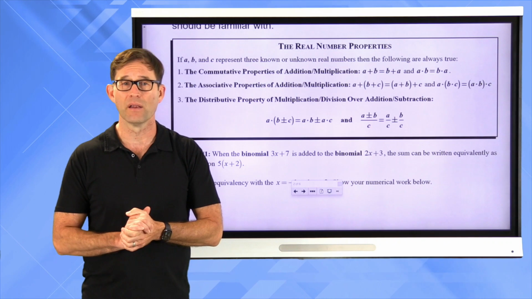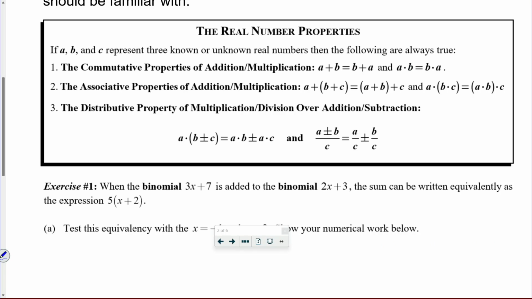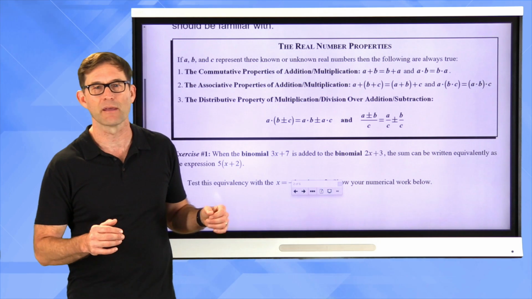Now let's talk about number 2, the associative property of addition and multiplication. Now these two have to do with what happens when you add 3 numbers together or multiply 3 numbers together. And people a lot of times think, oh, this is the one that has to do with parentheses. Nah, it basically is this, right? If I have A plus B plus C, and let's break out here so I can point to things,